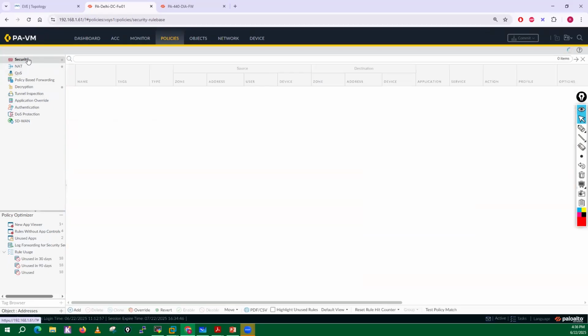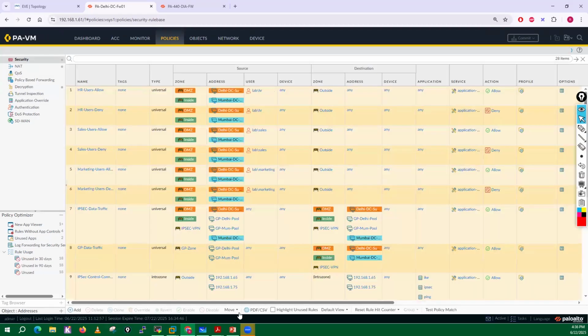Also in your security policy, we have different options like highlight unused rules, the default view, rule based by text, and rule based by group. We will discuss how we can reset the counters and run the test policy. We will also show how we can move a rule from one location to another. All those things we will discuss in security policies.